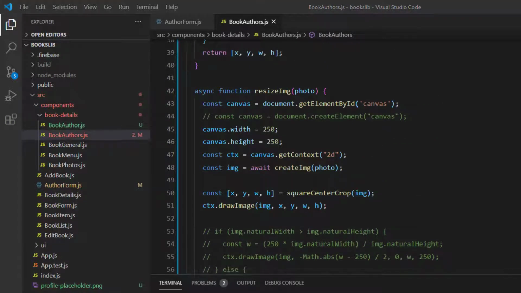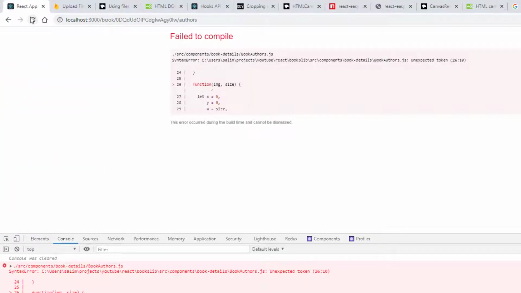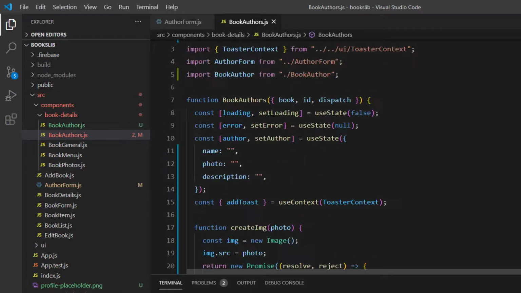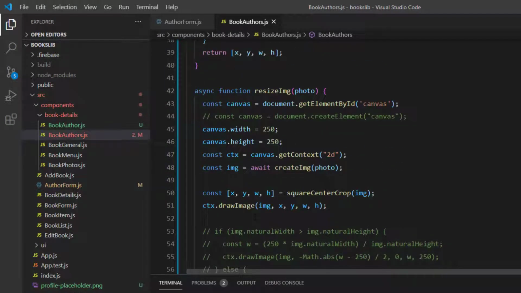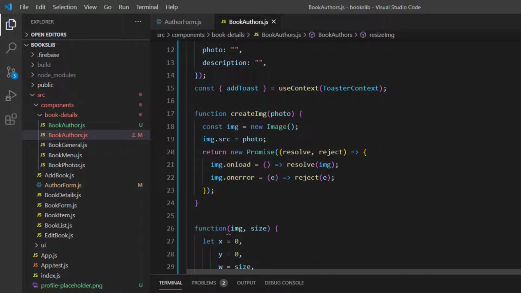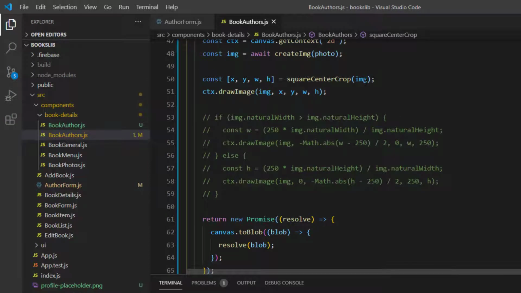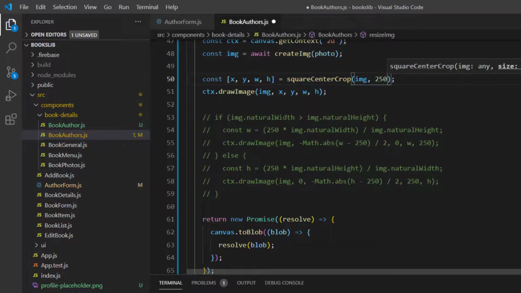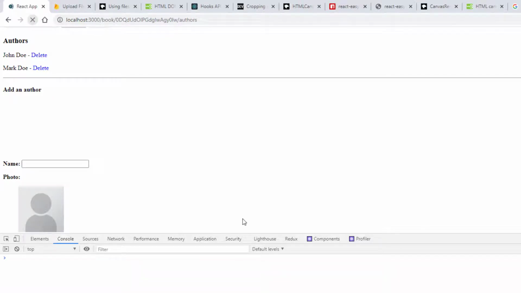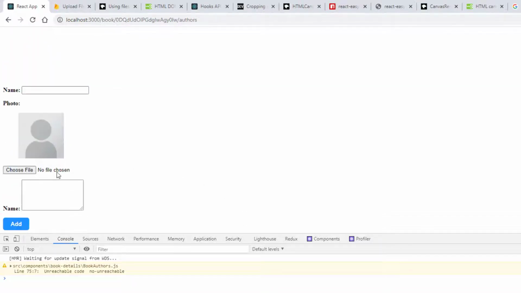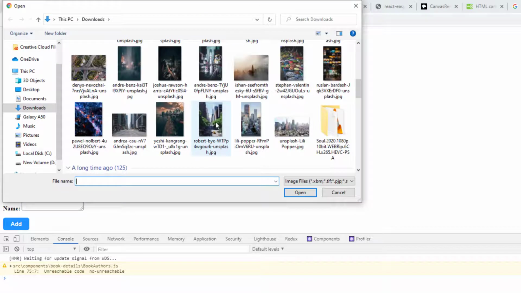Alright, now to see that the cropping is working as expected, oh, I forgot to give the function a name. Here I need to send the img and the size. Now if I reload and try to see if the size is working properly,